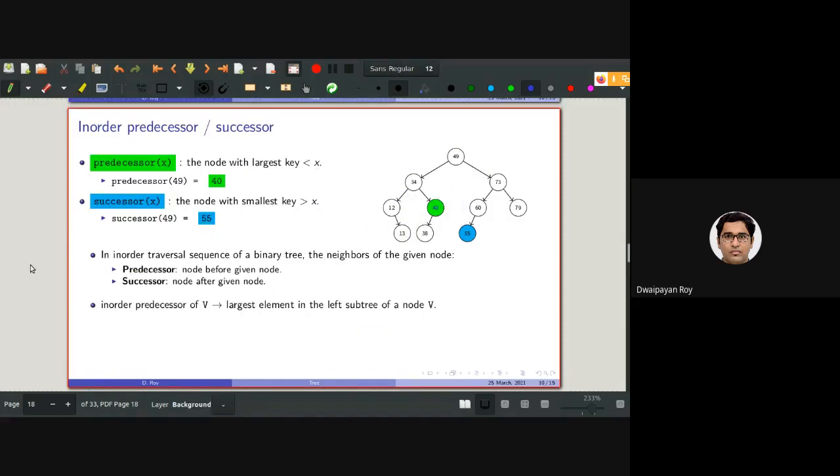Again, just to highlight, the in-order predecessor of V will be the largest element in the left subtree, and the in-order successor of V will be the smallest element in the right subtree. Any question up to this? This is a very important concept that will be needed for deletion.